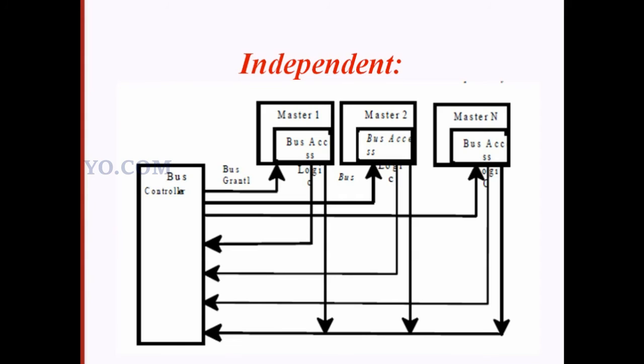Whenever any one device generates the bus busy signal, that device holds the system bus. Only the particular device can transfer the data at that time. When it releases the bus busy signal, other devices can use the system bus. Here also independent priority is achieved. The highest priority device gets the grant signal first. If two or more devices request the bus at the same time, only the highest priority device receives the signal.